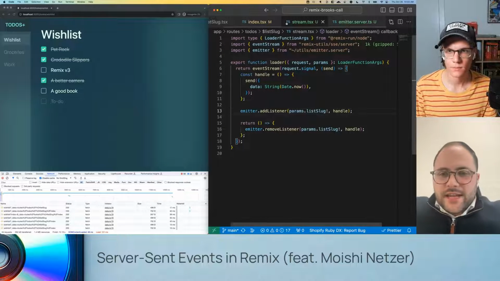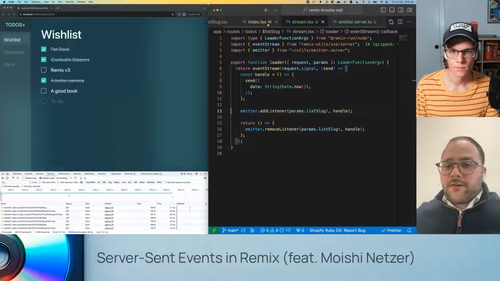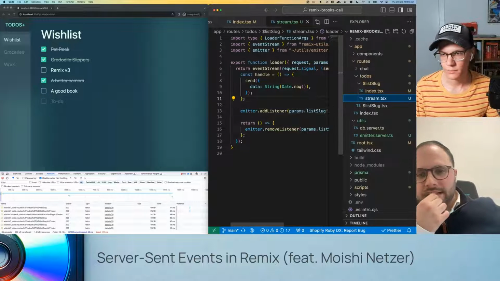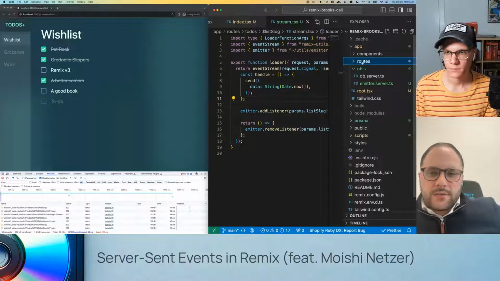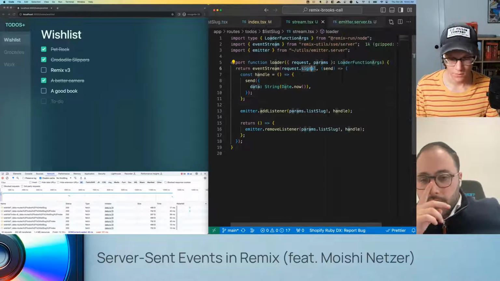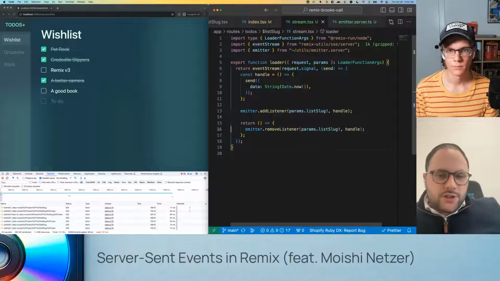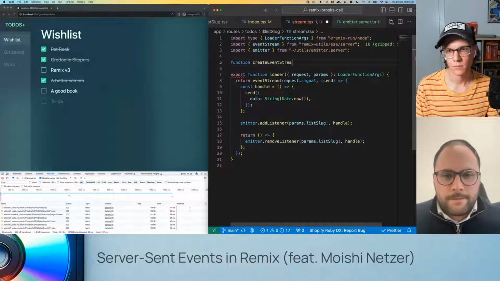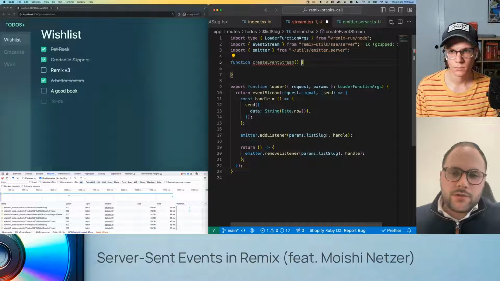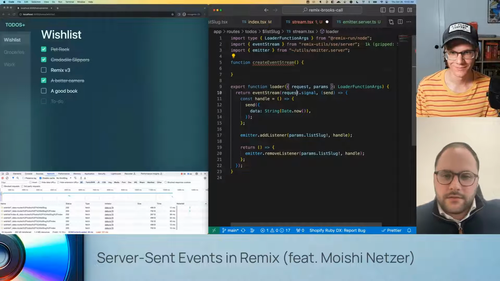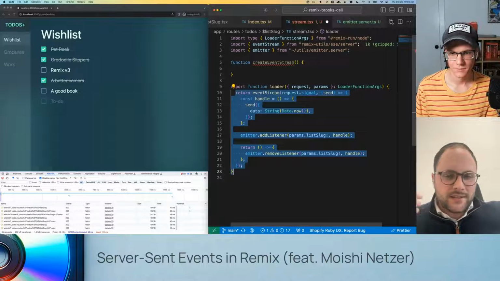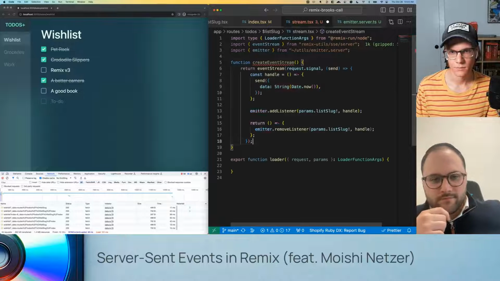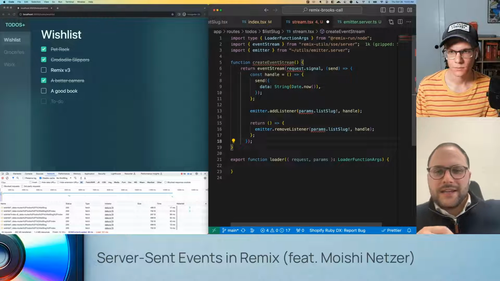I think our next step is let's try and abstract this and make some kind of a library out of this. Let's get a bit crazy. So what I want you to do is we can stay in this file for now, the stream file. Let's make a function called createEventStream. Now, I want you to yoink all of that code from line 10, where we return the event stream, and paste it in there. Okay. Awesome. Now, what do we need?